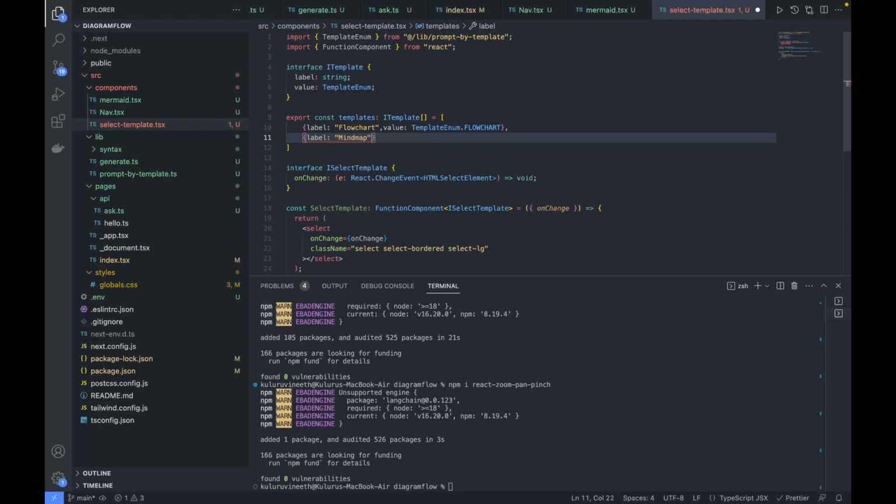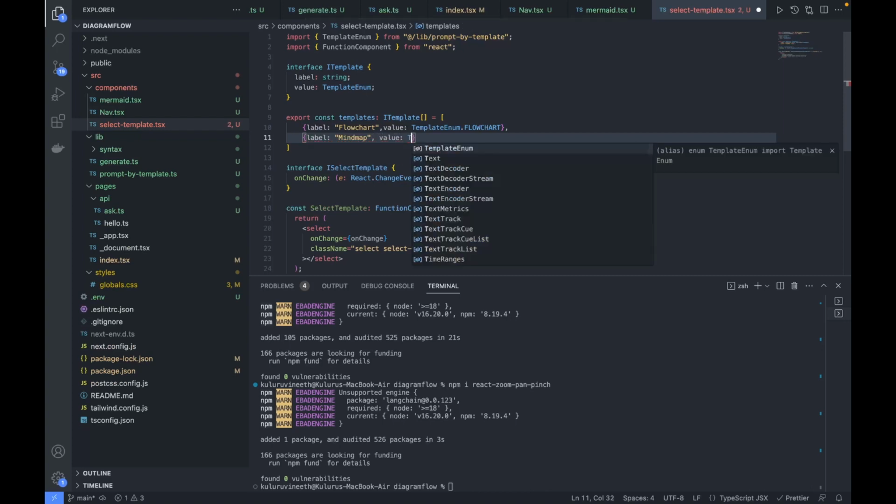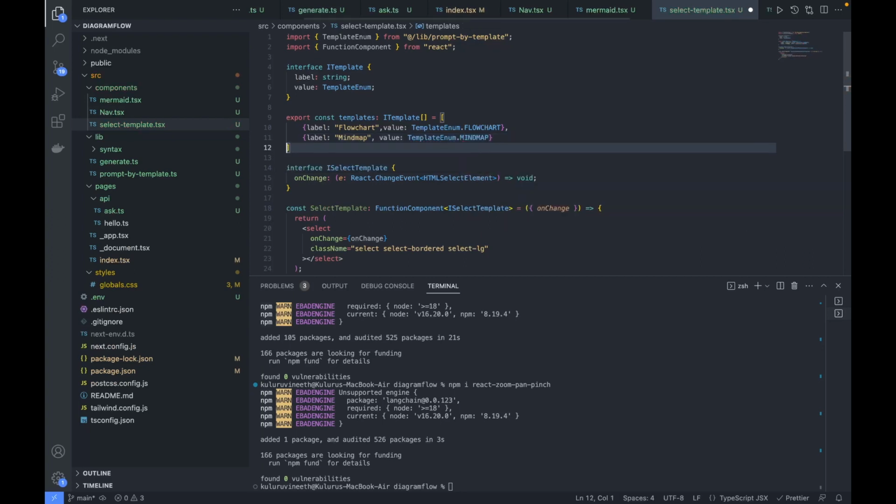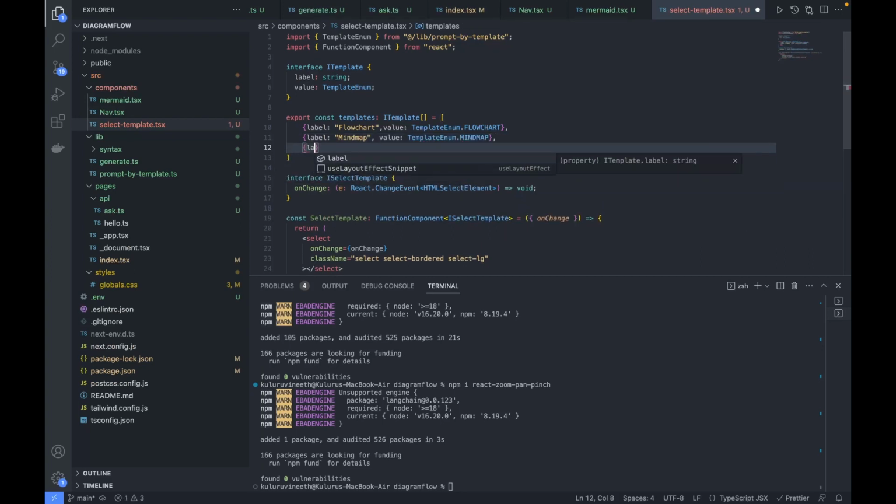Just whatever we have defined, those labels and values we will be adding here. So template enum dot mind map, and do the same for other things as well, that is timeline. Here value is timeline,